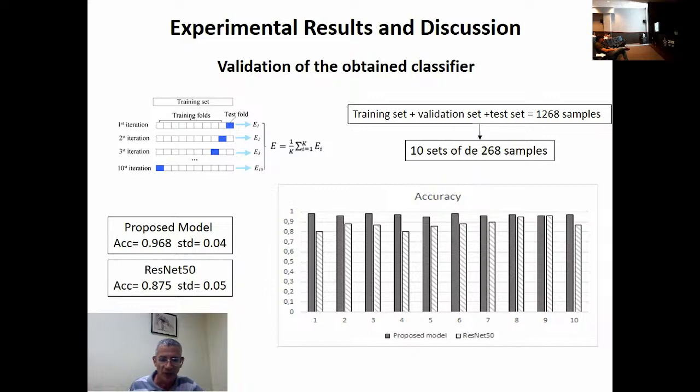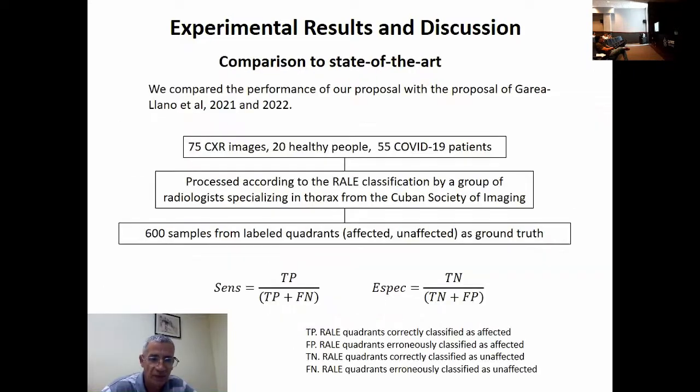It can be observed that the average of the performance measurement of the proposed classifier is 0.968. The classifier maintains its accuracy in all folds above 0.95. However, the ResNet model did not maintain the same performance in the tenfold, obtaining a final average of 0.875. To evaluate the effectiveness of the proposed method, we compared the performance of our proposal with the proposal of